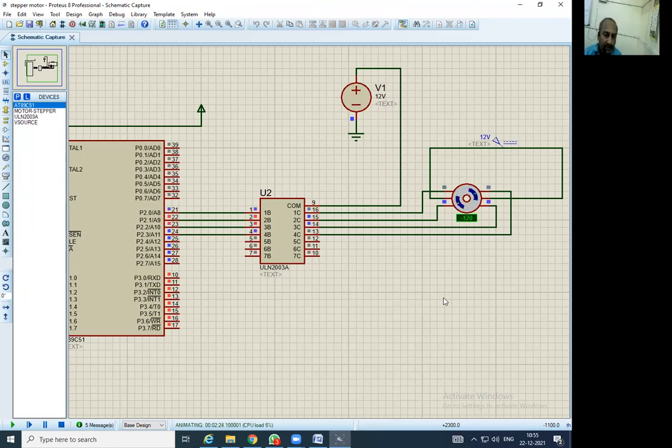Okay, so I hope you understand what we have seen today: the analog to digital converter, the digital to analog converter, and this stepper motor. In this way, unit number 4 is finished with this interfacing. If you have any doubts or errors, you can mail me or share them with me, so that we will cover them in the next session. Keep observing the videos, the study materials, and the other things for all the subjects. So here we will stop today.